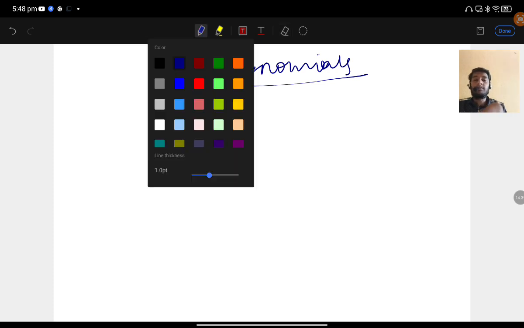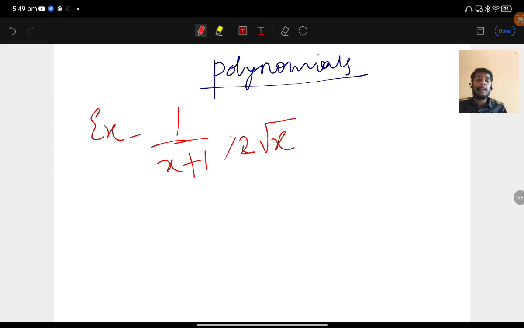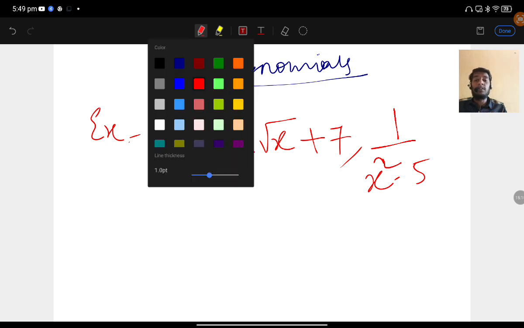Suppose some examples, I will write here: 1 by x plus 1, comma, 2 root x plus 7, comma, 1 by x square minus 5. Could you say all these are any of the following types? No, not at all, because